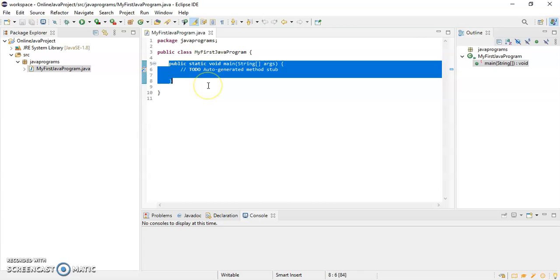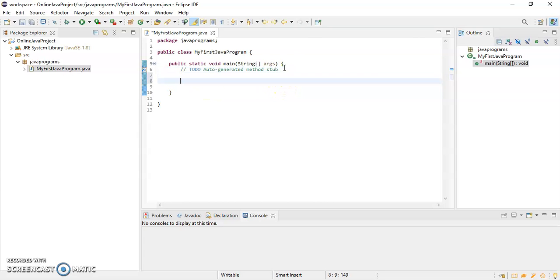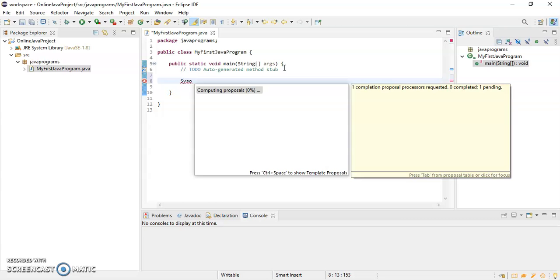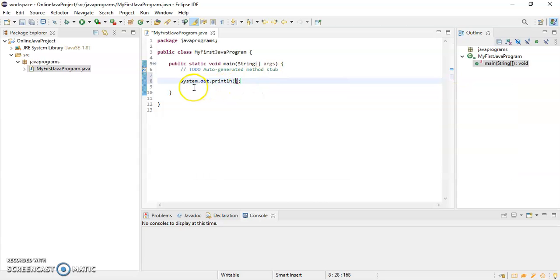So our execution always gets started from the main method. So I will write a simple statement to print hello world. So in Java we are using System.out.println, and I'll just write here hello world.